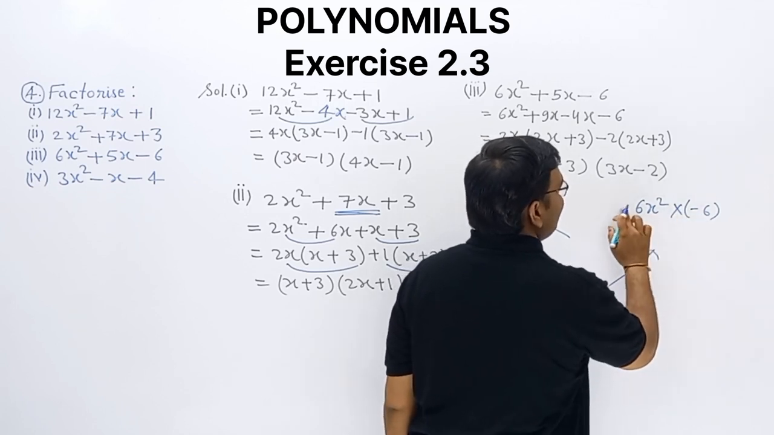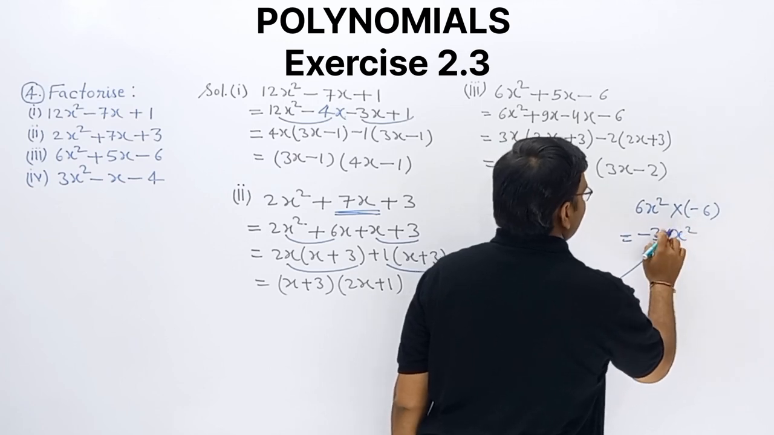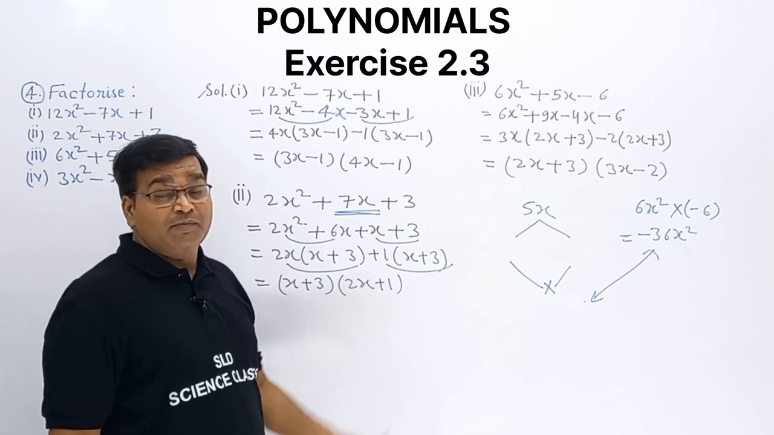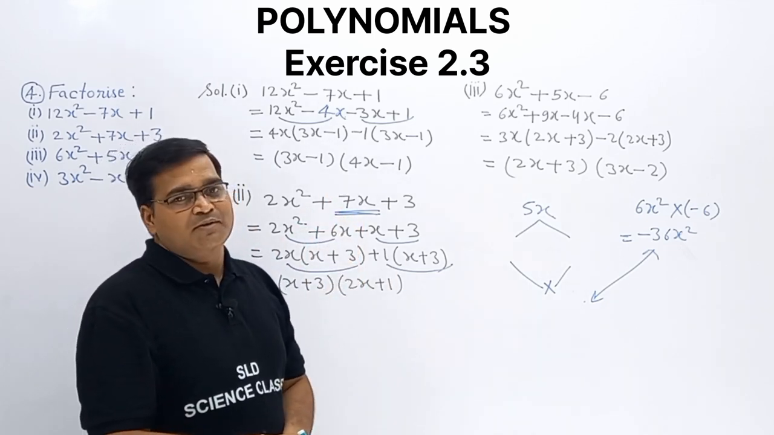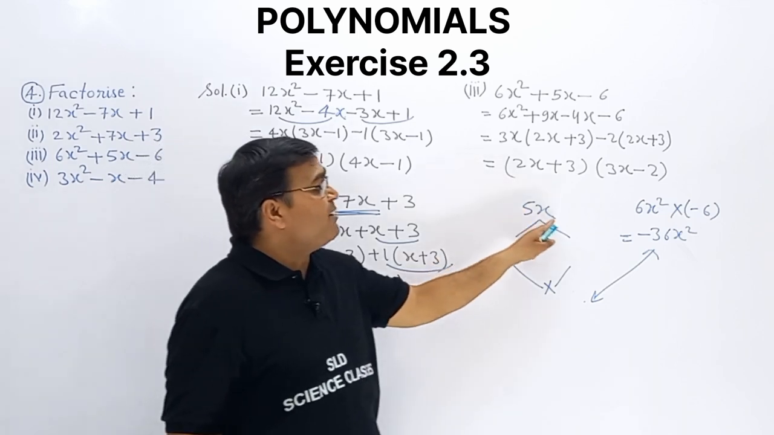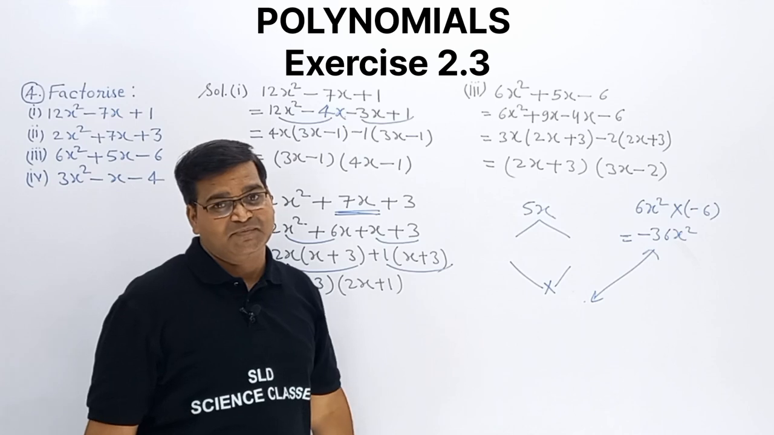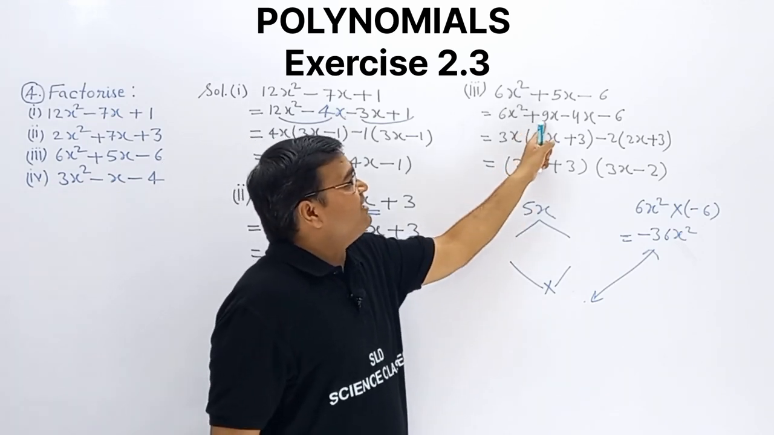The product is 6 into minus 6, which is minus 36x square. We will take parts such that the sum should be 5x and the product of both parts should be minus 36x square. Clear? So we are taking 9x